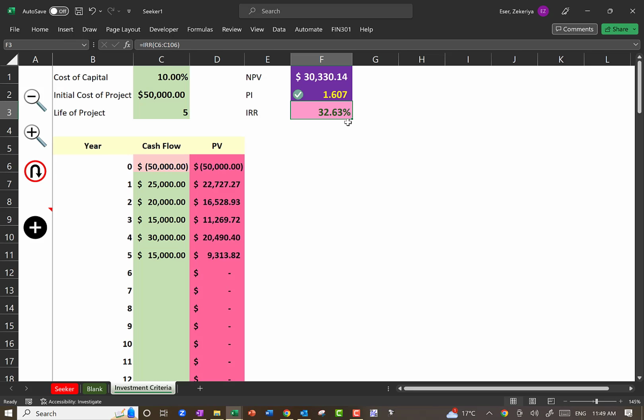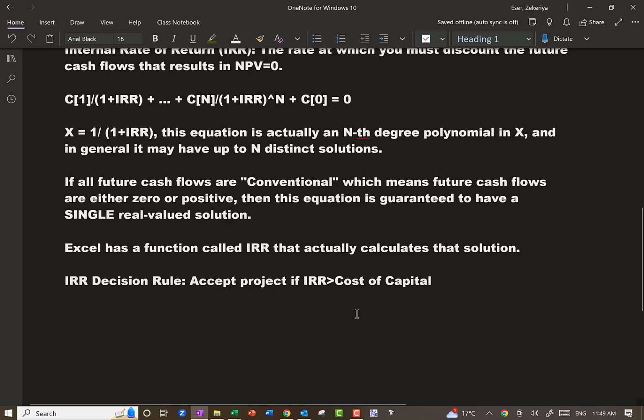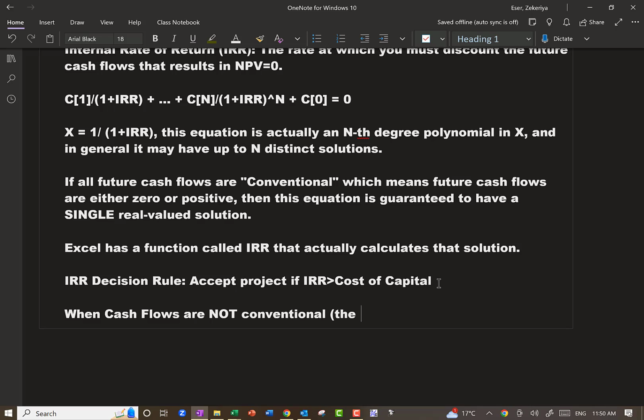But one glaring problem with IRR is if cash flows are not conventional, it is not unique. When cash flows are not conventional, which means there is at least one negative cash flow in the future,